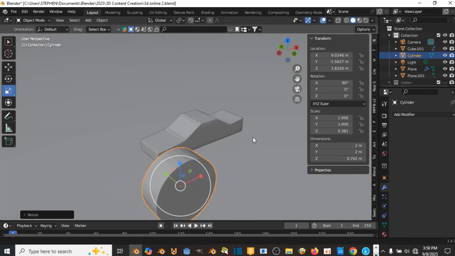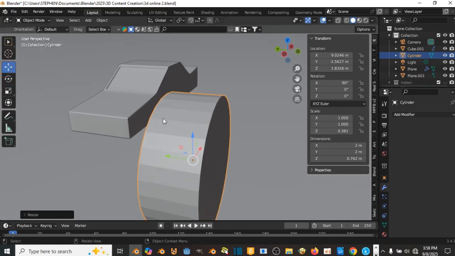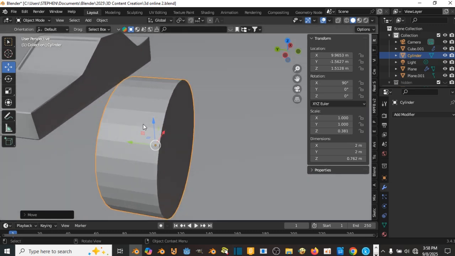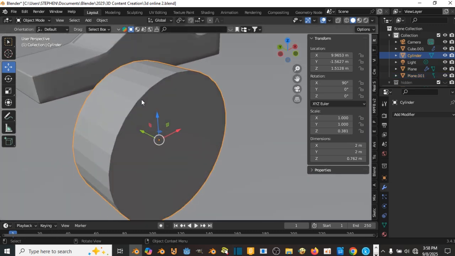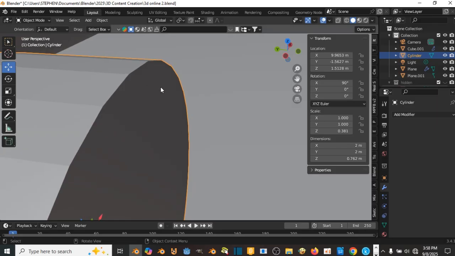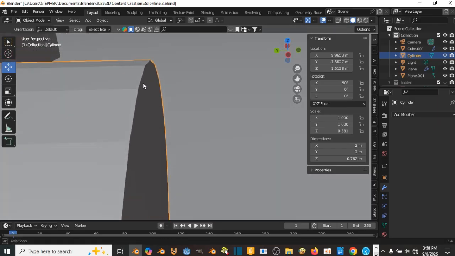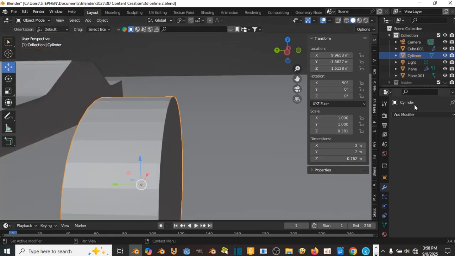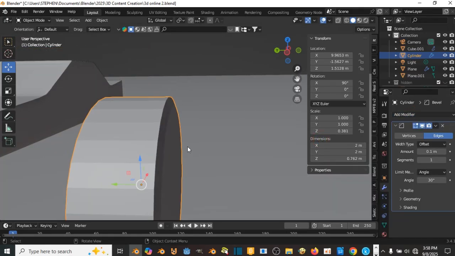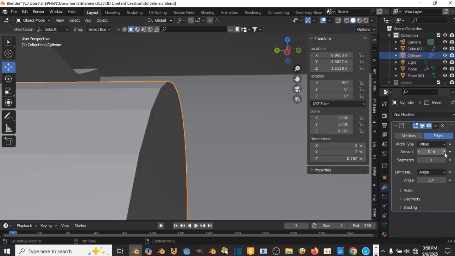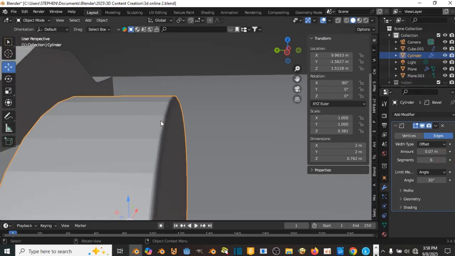Now if you look at the edges here, because we're not using the subdivision modifier on this one, we're going to be using the bevel. Bevel is another modifier that is used to make sure that you have curved edges, so you don't have edges that are just sharp. They have to be somehow curved. If you look here, they are just sharp, and we can click here and add a bevel to this. If you look at what is happening here, it has a bevel on it. So we can reduce this amount, and let's increase it just a bit, and then increase the segments, and you have something like this. You can right click and auto smooth, and then